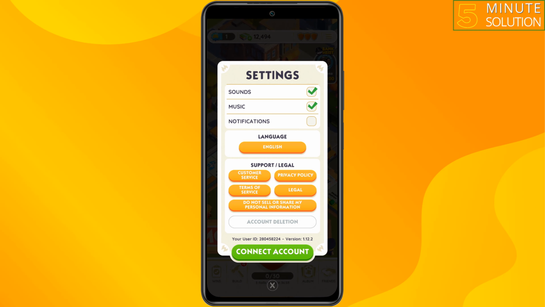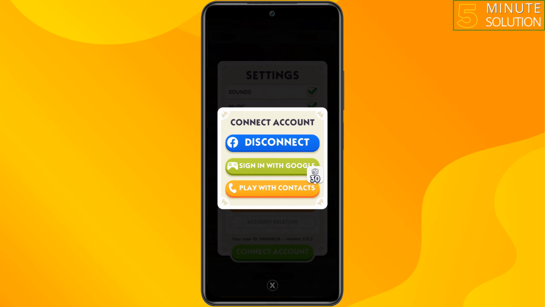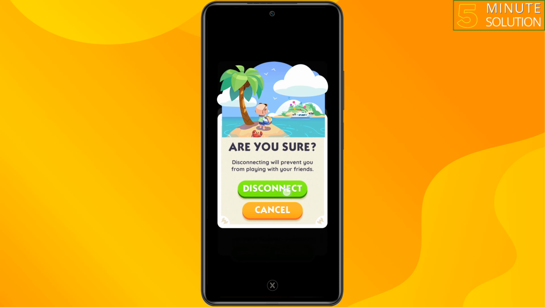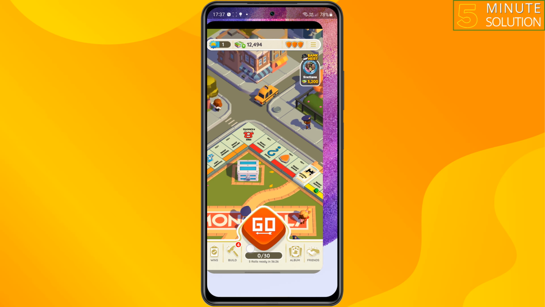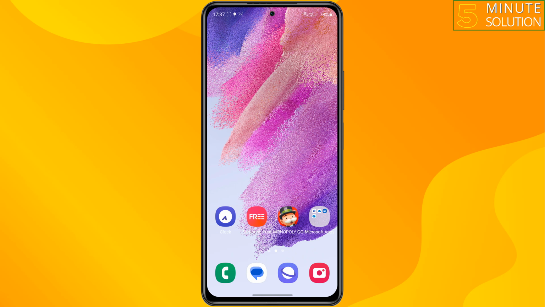Tap on connect account. And here you will get your Facebook option. So tap on disconnect. Once you disconnected your current Facebook account from here, now long press on Monopoly Go app and